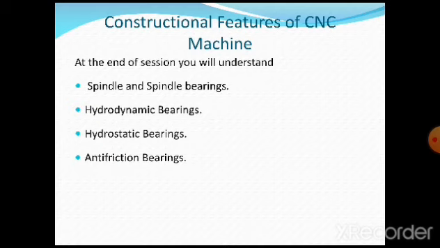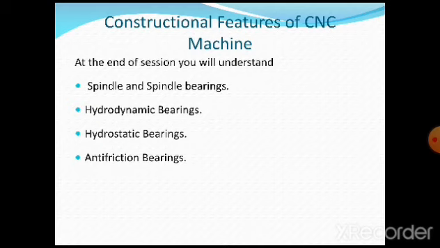In the previous session, we discussed at length the torque transmission elements. In that, the spindle and spindle bearings play a major role as far as the accuracy of production of the job is concerned in CNC machines. If the spindles and the spindle bearings are not designed in a proper way, or if the bearings are not properly mounted or maintained, then there is every chance that the workpiece may not be able to be rotated